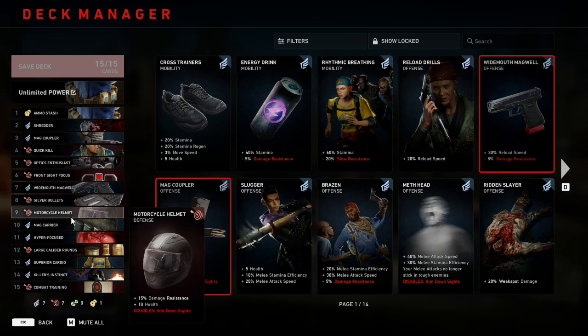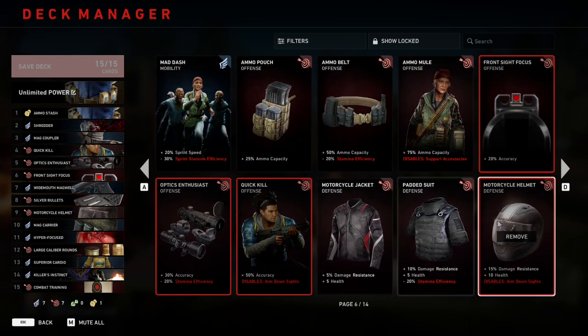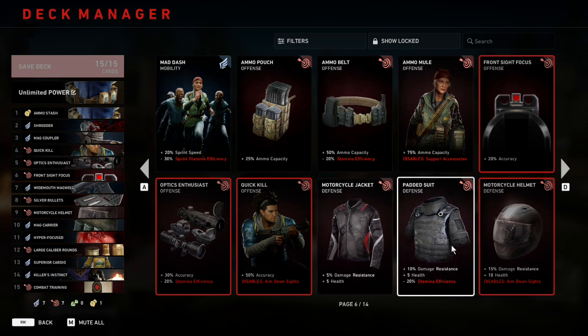Now, number 9 is going to be Motorcycle Helmet. It gives us plus 15% damage resistance, plus 10 health, and disables our ADS, but that's not relevant because we've already had like 4 cards that disable our ADS. Now, this is just the best of all the padded suit effects out of Motorcycle Jacket, Padded Suit, and Motorcycle Helmet. These are the 3 protection cards in the game,